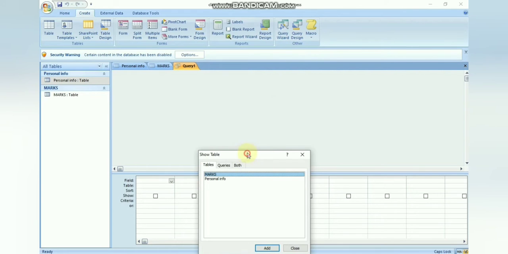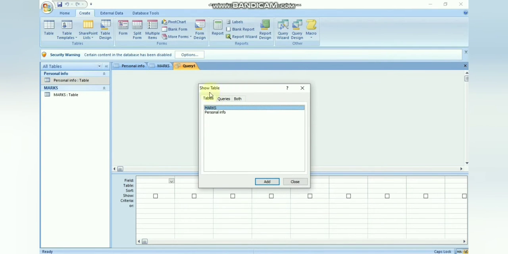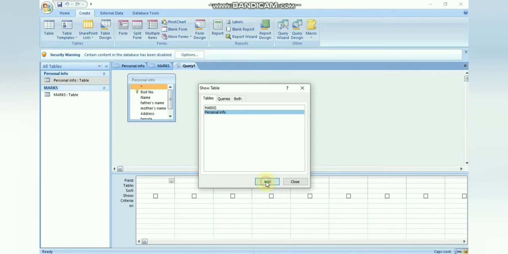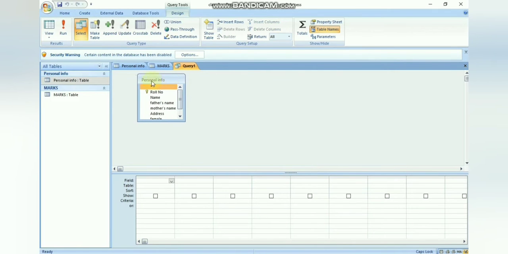So as we click on query design, we will find the names of the two tables which you created. You can see them on the navigation pane. So we'll just click on the personal info table and click on add over here. So as I click on add, the personal info table with the different field names will open in the object relationship pane here. So from here what we can do is we can just click and drag the fields over here which we want to create in the query.